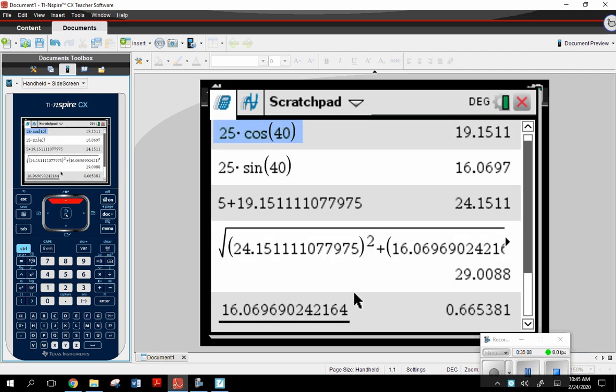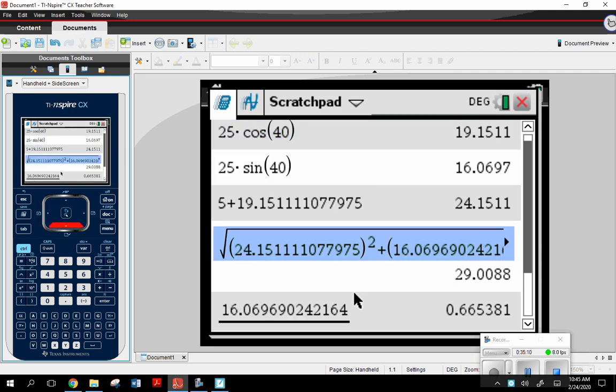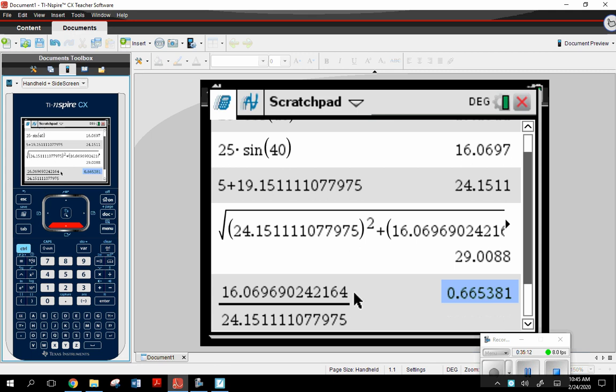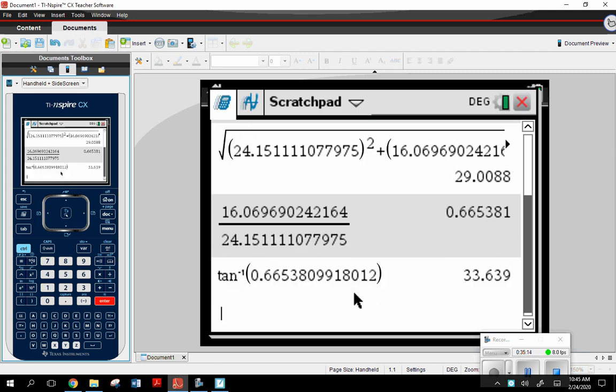Oop, I'm glad I didn't push enter. I knew it was going to happen. So let me get back down here. Okay. So I'm getting about 33.64 degrees. Now, is that the answer I'm looking for? Remember what we talked about last week? I always wanted you to present the angle answer the same as it was presented to me. So here, the angle was presented as from the horizontal. Is that what this represents?